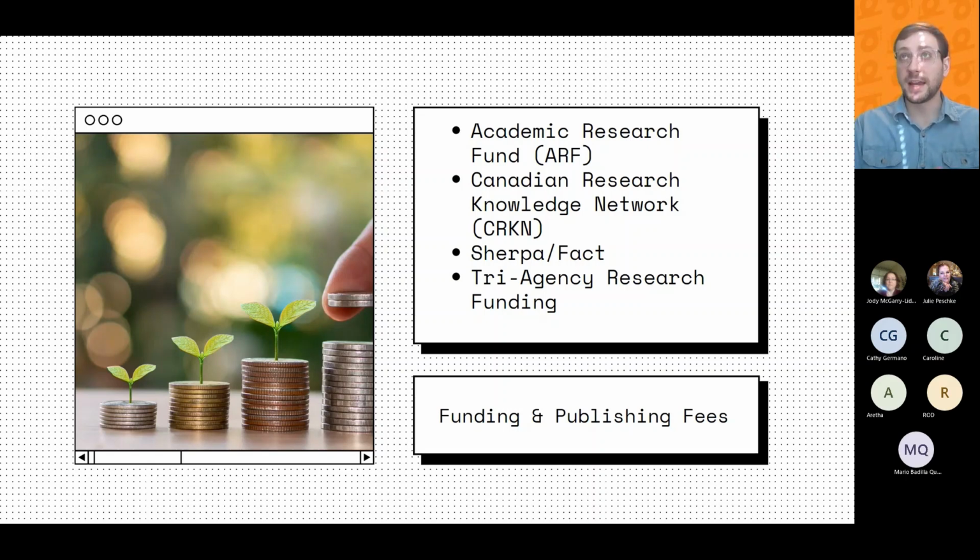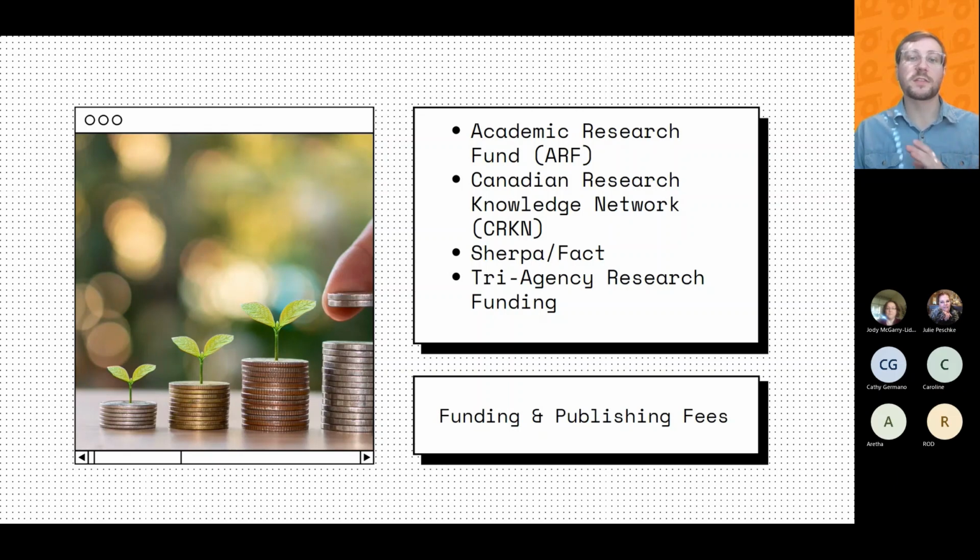There's also Sherpa Fact. It's a searchable database that helps you confirm if the journal you wish to publish in complies with the funding agency's requirements for open access. Those funding agencies will often be the tri-agency funding in Canada: CIHR, NSERC, and SSHRC. You've probably heard of those. They require their authors to publish their work in open access journals.